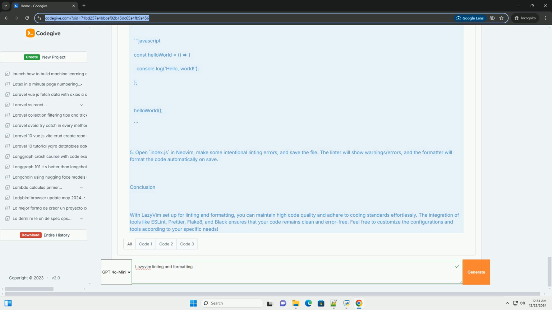Here's an example of how to add null-ls.nvim for linting and formatting. Lua, init.lua. require lazy.setup, other plugins, jose-elias-alvarez/null-ls.nvim. Dependencies equals nvim-lua/plenary.nvim. Config equals function. local null_ls equals require null-ls. null_ls.setup, sources equals